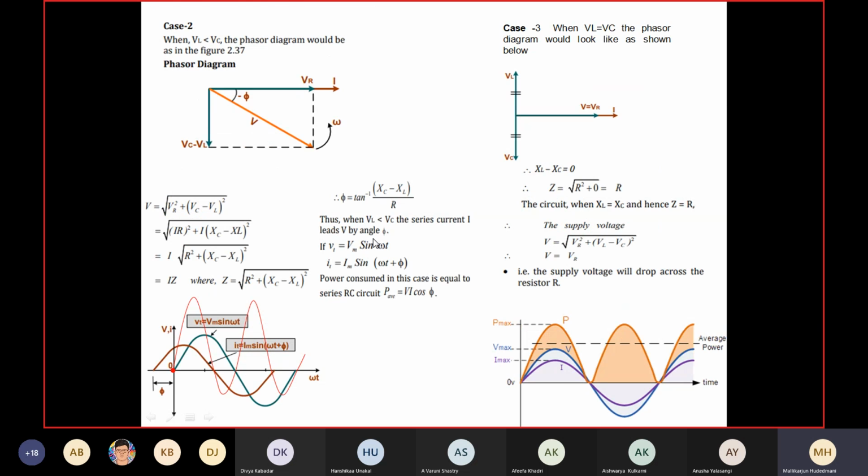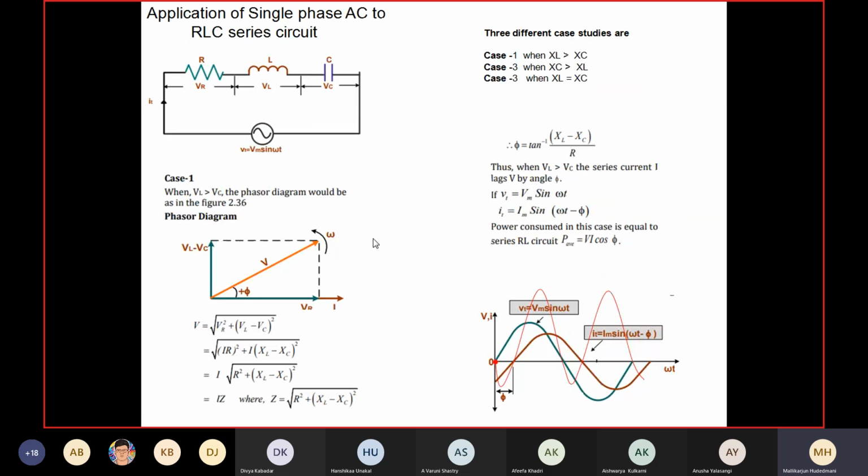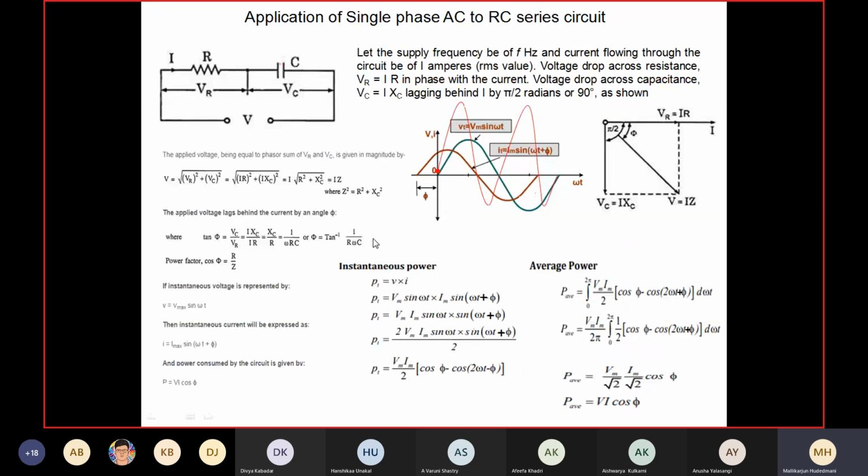So therefore it should be seen as power in the upper half. It continues later. So you will find average power over a cycle is not 0, because the lower halves were very small, the upper halves were very big. So average power is not 0, it is given by VI cos phi. So this is how you got a new concept of power consumed by an RC series circuit, also VI cos phi.